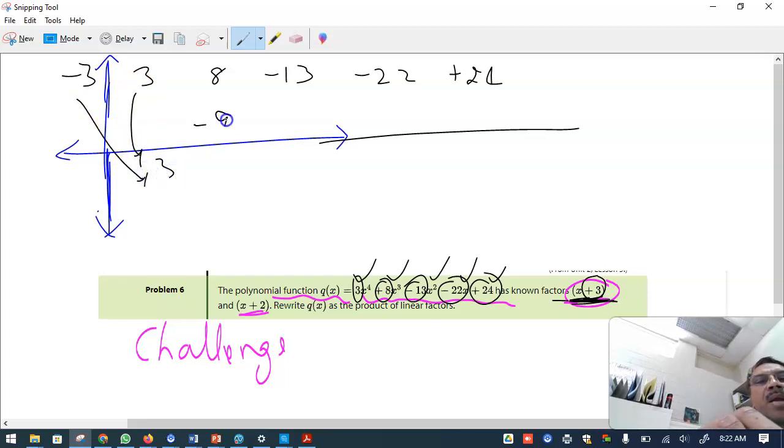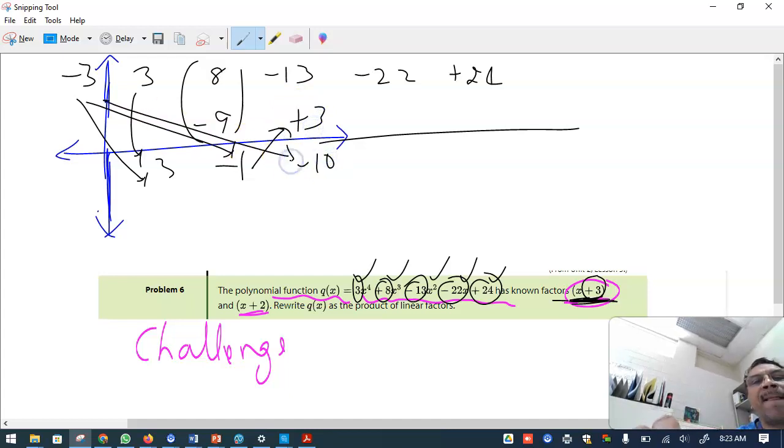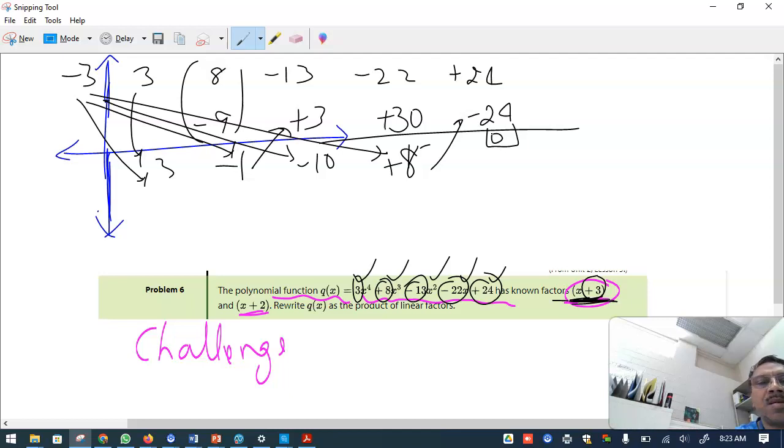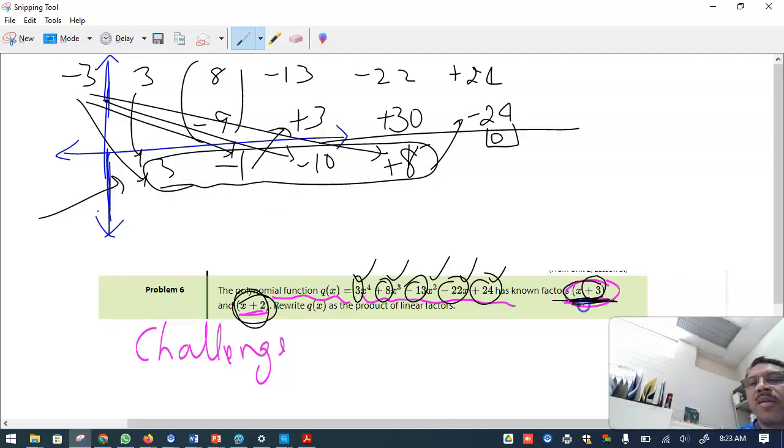3 times negative 3 is minus 9. This together is minus 1, and minus 3 times minus 1 is plus 3. That will give you minus 10. Then again this multiplied gives you plus 30, and this will give you 8, and then minus 3 times 8 is negative 24, and there you got 0. So now because x plus 3 is a factor, you have a reduced quotient. When x plus 3 is divided into this polynomial, you get this as the